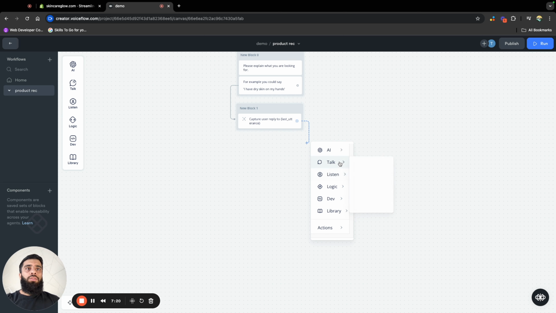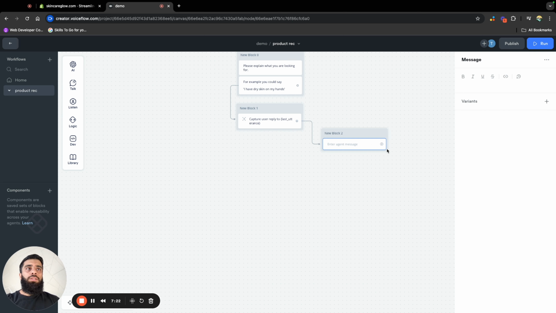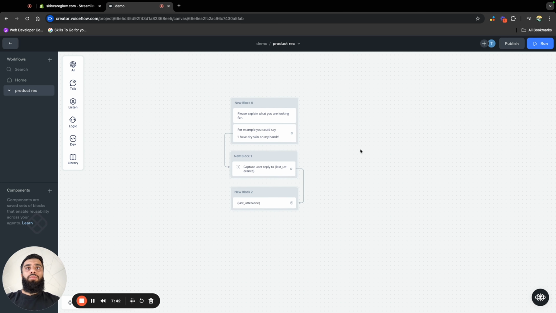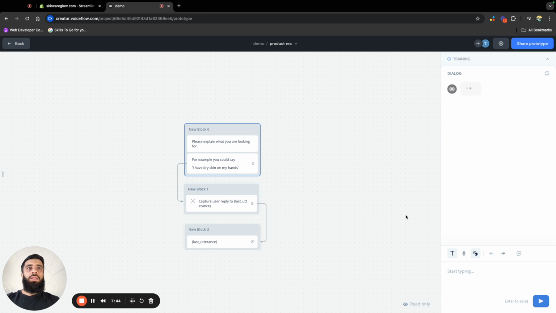I'm going to click and drag from our capture step and hit message. And in the message, I'm going to type in the variable. So you open curly brackets and you see a drop down of the variables. Select whichever one is relevant. We're going to select last utterance because that's what's being used in our capture step. And now, if you hover over the right corner of your block and select start test,